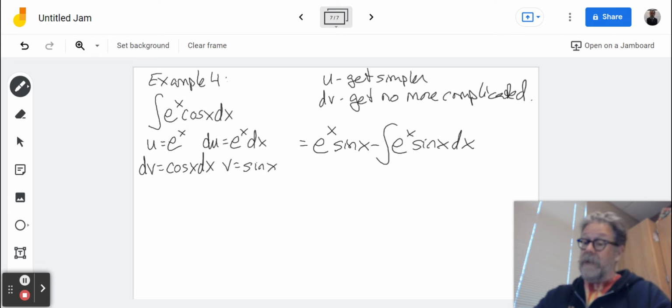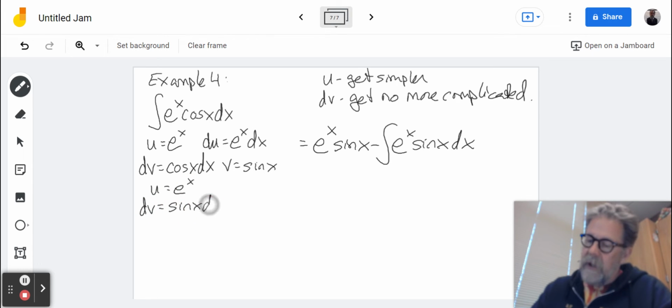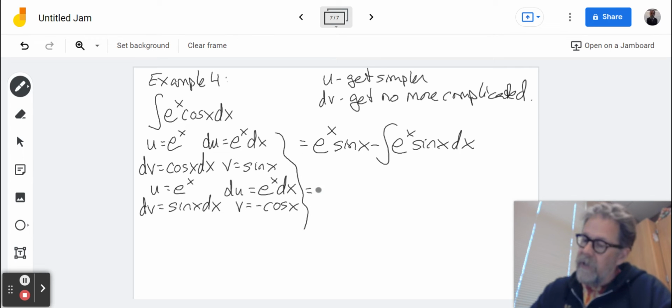Well, that doesn't really help us too much, because I don't know the antiderivative of e to the x sine of x either. So I am going to let u equal e to the x, and I'm going to let dv equal sine of x dx. And we're just going to do it again, see what happens. v is equal to negative cosine, and what we get here is,